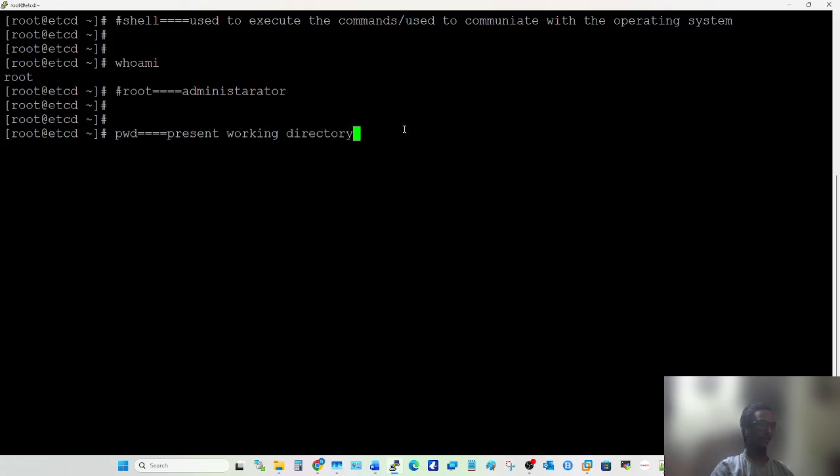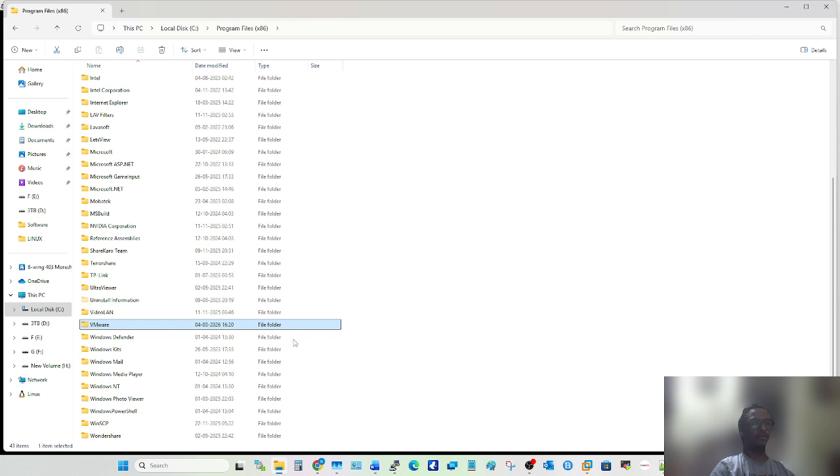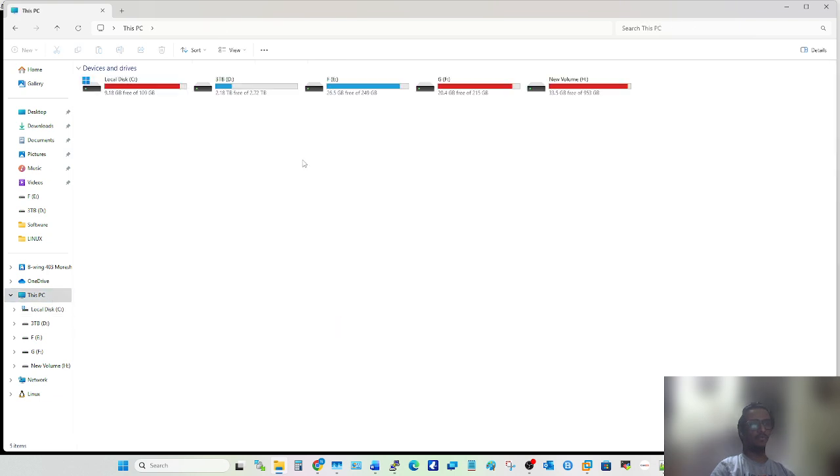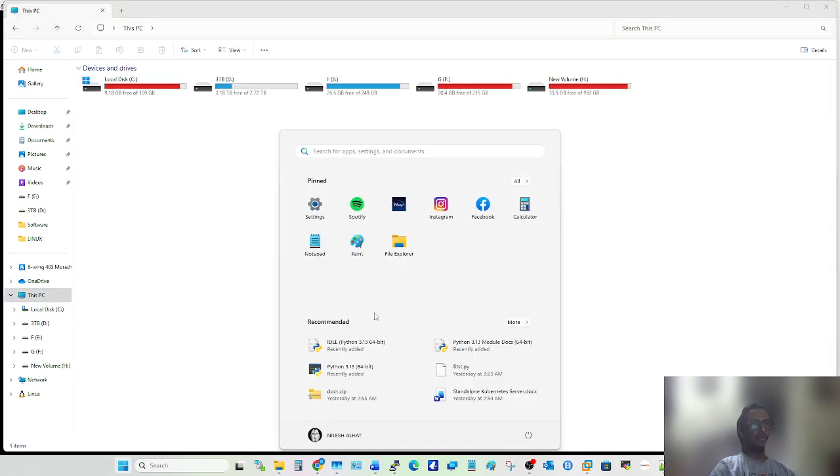So this command means present working directory, and if you hit enter after this command, it will show you the directory where you are currently working. Okay, so in Windows, let's suppose you log in using C, my name is Nilesh Alhat and I'm logging in with this user.